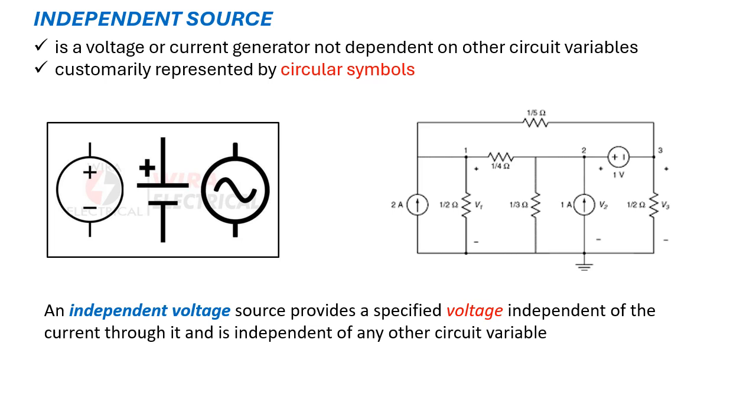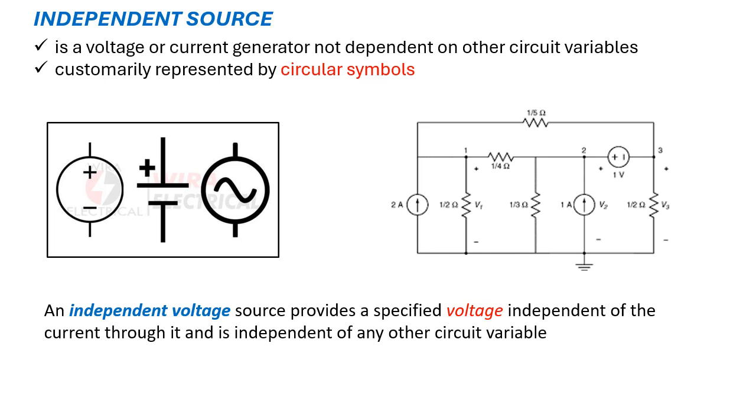Now notice this. A voltage source is a circular source with a plus minus sign inside or outside in it. Again, a voltage source is a circular source with plus and minus sign, whether the plus minus sign is inside or outside the circle. Okay, so in this slide you can see there are three representations of